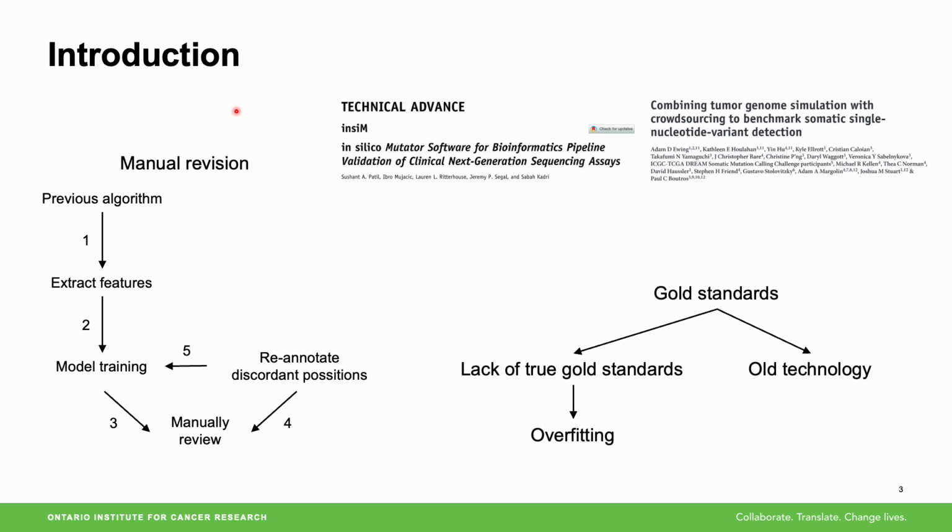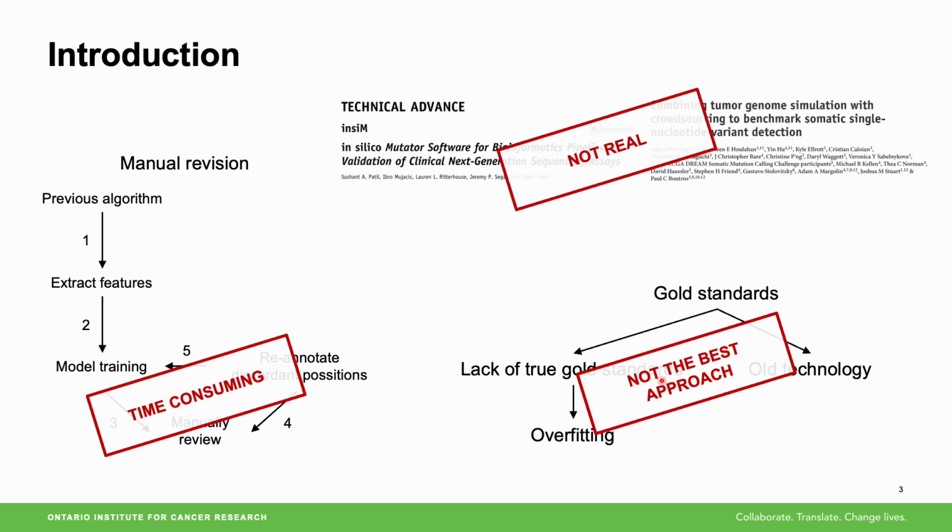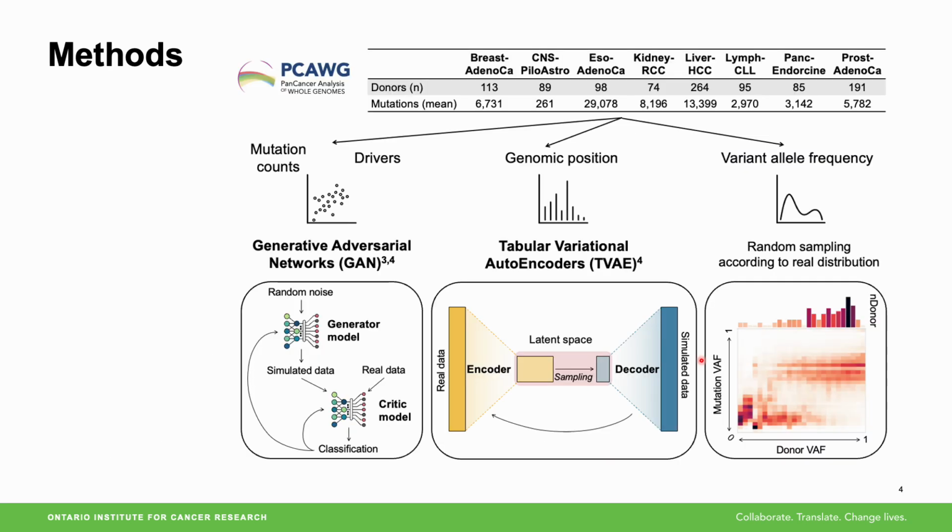In this sense, some strategies that have been used are, for example, the manual review of several mutations to obtain a high-quality curated database, the use of tools that generate in silico mutations, or using gold standards. However, manual revision is very time-consuming and does not guarantee that there are no false positives or negatives. Actual tools that add in silico mutations generate a lot of unwanted artifacts and reflect simplified and limited mutational models. On the other side, we don't have enough gold standards. Moreover, they were sequenced with older technologies.